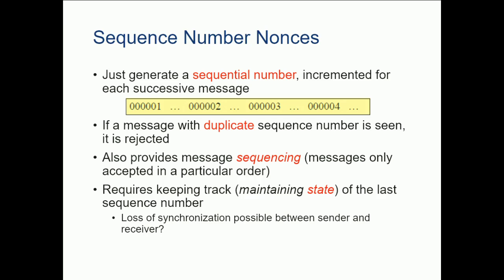It means that both sender and receiver need to maintain state about their session. And it is possible that sender and receiver may lose synchronization. For example, if the attacker makes the receiver reboot, when the system just starts, I have no idea,